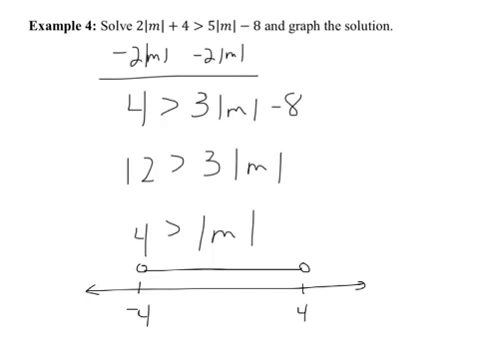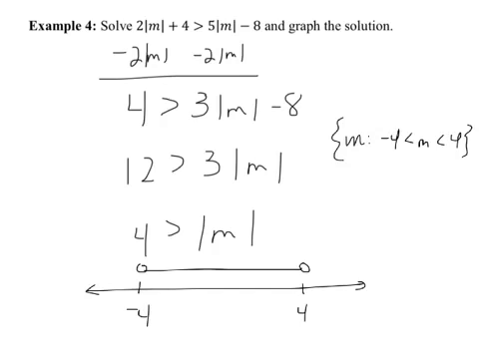Because again, absolute value of m is less than 4. It tells us that m can take on any quantity as long as its numerical value is something less than 4. Now, again, we're looking really at the magnitude, so we know that numbers like negative 3, negative 2, negative 1, those also work, because when you take the absolute value, they're still less than 4. So our solution set for this would be m is the numbers between